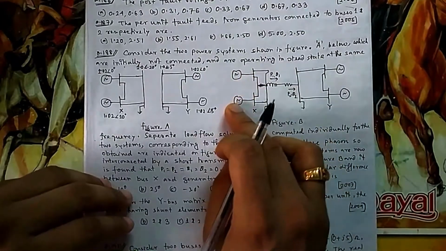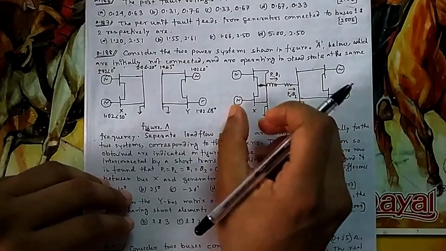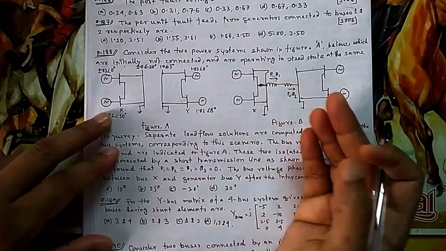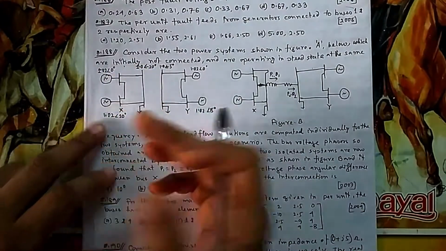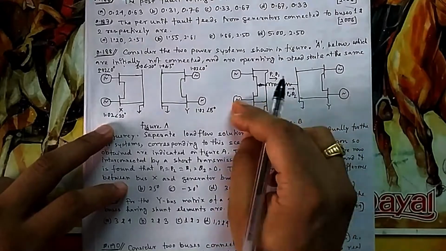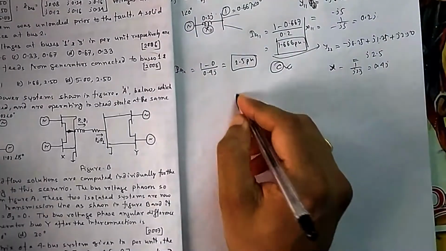Because this side's demand is fed by these two generators only. So the power that is flowing from this to this should be at the same angle. And there is no difference in magnitude because no extra power is flowing. So whatever magnitudes are there, the same magnitudes. Now suppose this is at X angle, and the common bus is at theta.